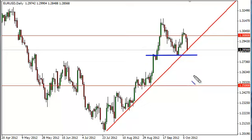of people. What really has me interested in shorting this pair, not only because of all the problems in Europe, and quite frankly I think this pair has no business being this high, is the fact that we're starting to see that this was a lower high than the one before it. That's classic trend change. So I believe that once we get below 128, that the floodgates will open, probably right